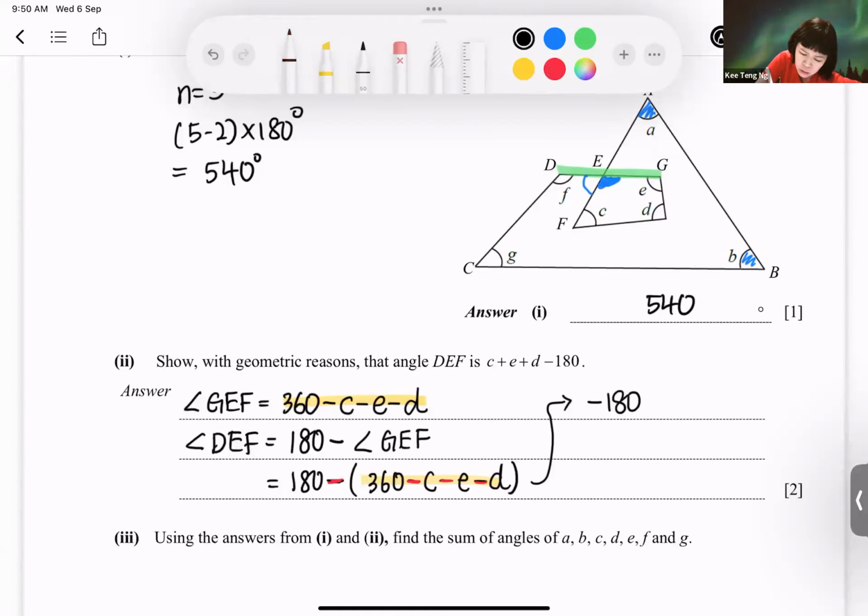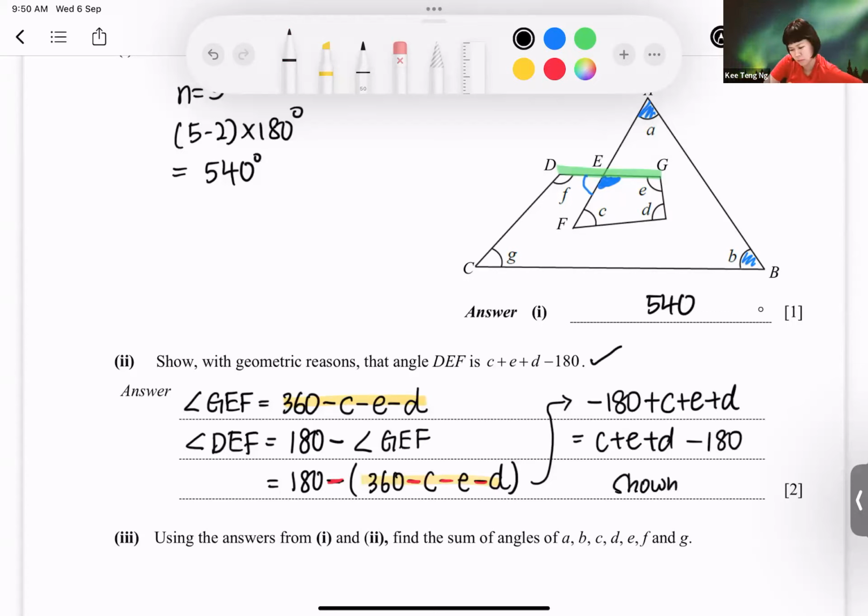What will happen to all the signs? Positive. So it is plus C plus E plus D. Simplifying and rearranging it to the pattern that they want: C plus E plus D minus 180, shown. Okay. So given our triangles or whichever, we find the unknown that we want to find first, then slowly we